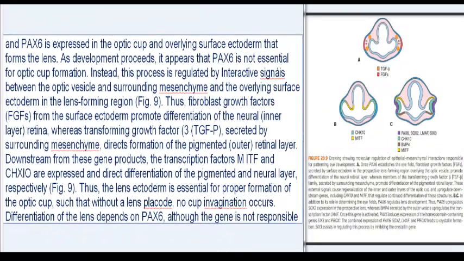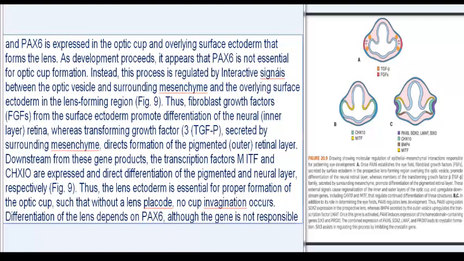As development proceeds, it appears that PAX6 is not essential for optic cup formation. Instead, this process is regulated by interactive signals between the optic vesicle and surrounding mesenchyme and the overlying surface ectoderm in the lens-forming region, Fig. 9. Thus, fibroblast growth factors, FGFs, from the surface ectoderm promote differentiation of the neural, inner layer, retina, whereas transforming